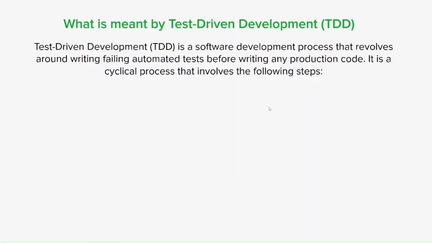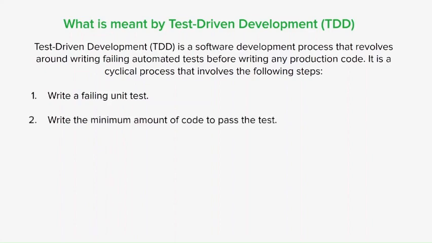So now let's talk about TDD, otherwise known as test-driven development. Test-driven development is essentially a software development process that revolves around writing failing automated tests before writing any production code. It's a very cyclical process, and it involves writing a failing unit test. So this test should describe the desired functionality of the code to be written,